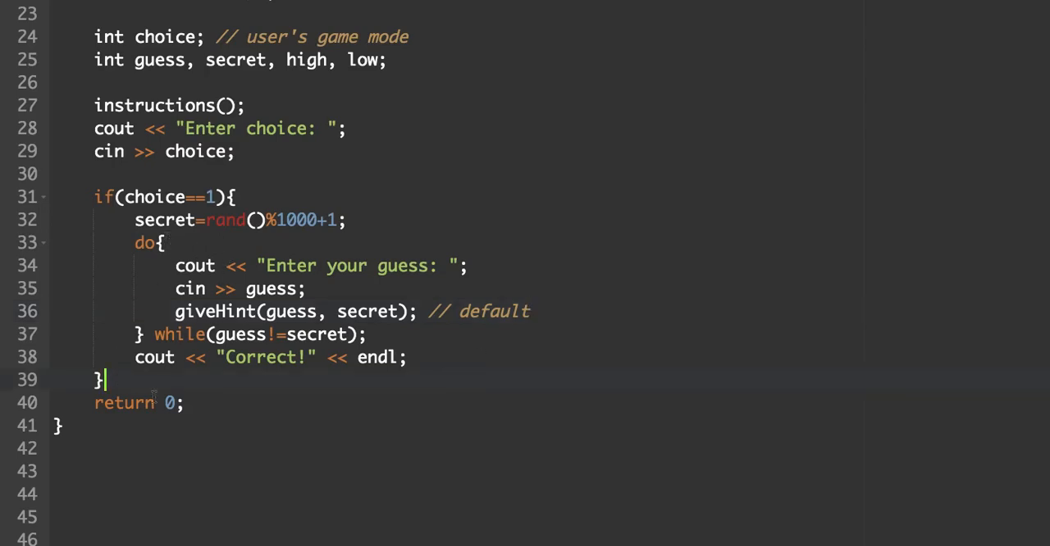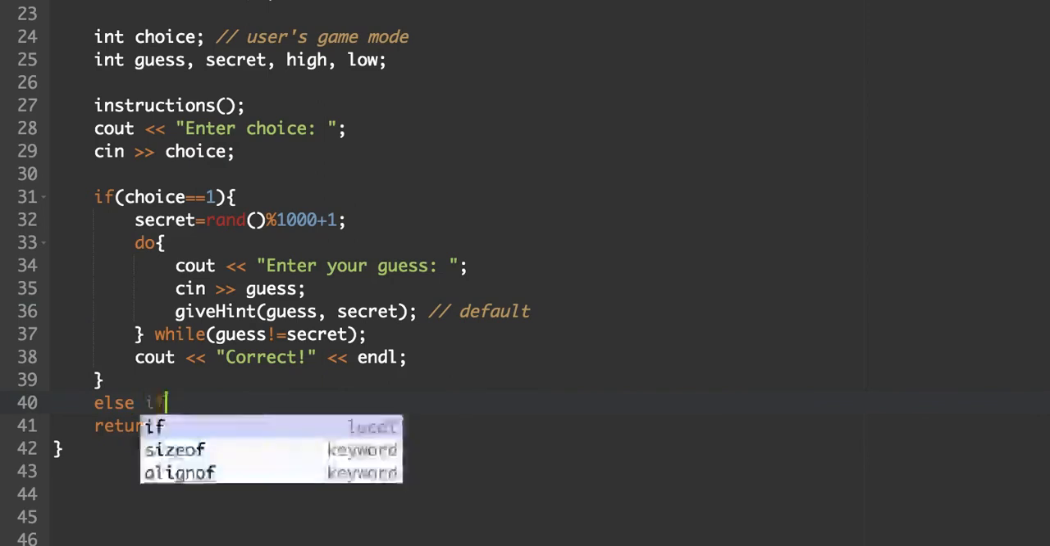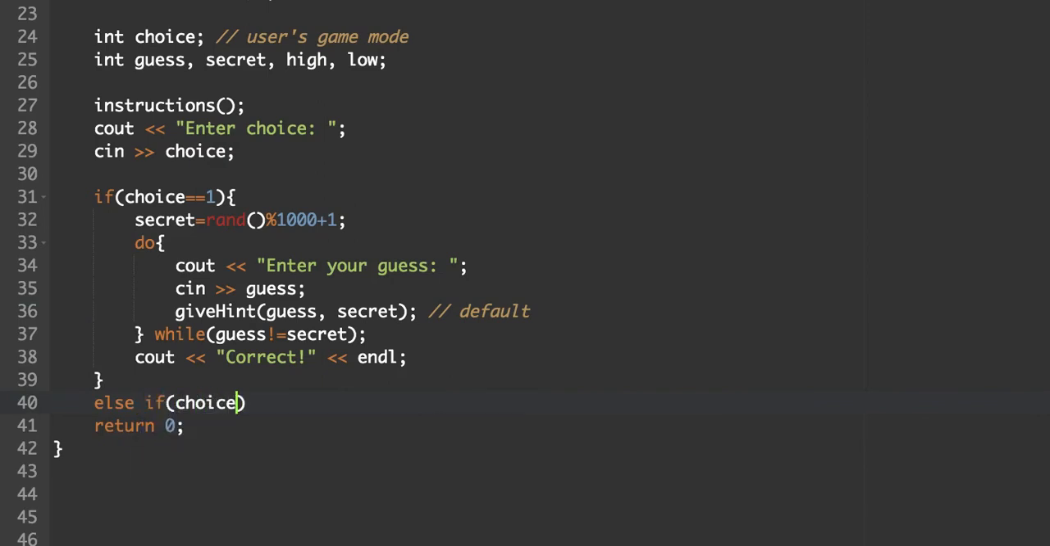So here, else if the choice is equal to 2, and just so I don't forget about it, maybe I'll put an else condition without a condition, else cout incorrect input. So if they gave something as a choice that was not 1 or 2. Okay, so now if